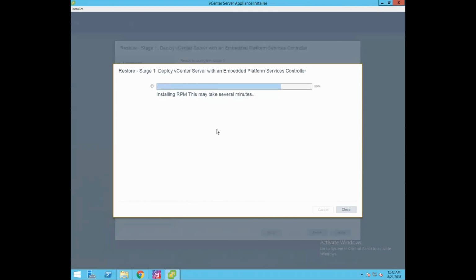Now, as you could see, the deployment of the appliance is completed successfully, and now the installation of the RPM process has started.